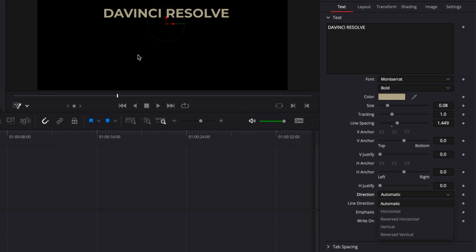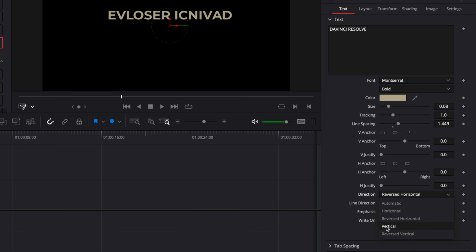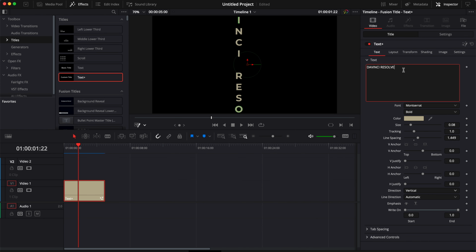in automatic, which will be just horizontal text, then you can select horizontal, which is the exact same thing, reversed horizontal, which basically is reversing your text, and then you can select vertical. So now you'll have your entire text being vertical, and when you add some text, as you can see, it will be added vertically instead of horizontally. You can also reverse it vertically if that's something that you want to do, but right now I'm gonna go